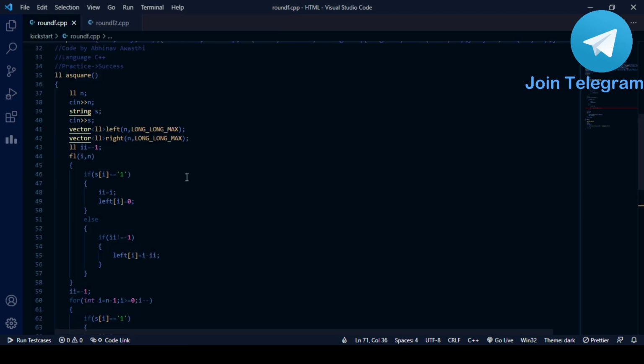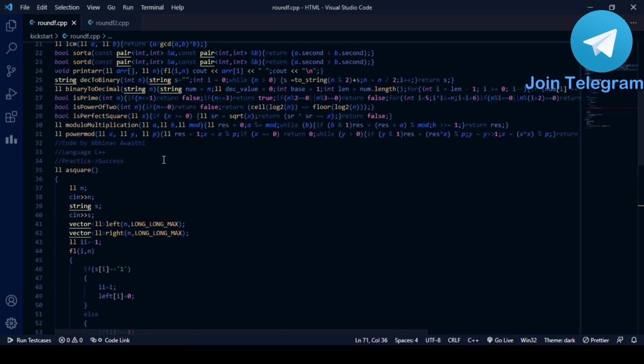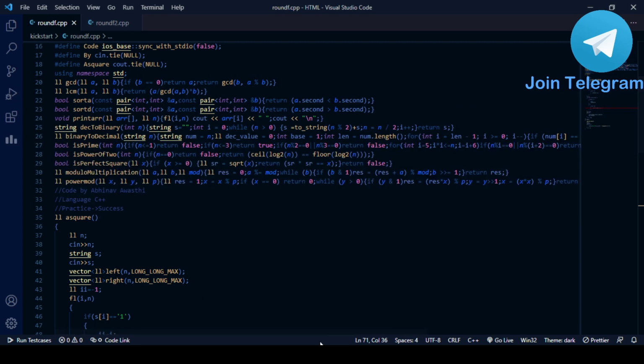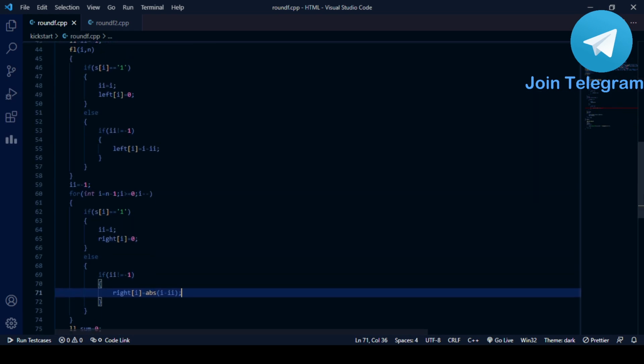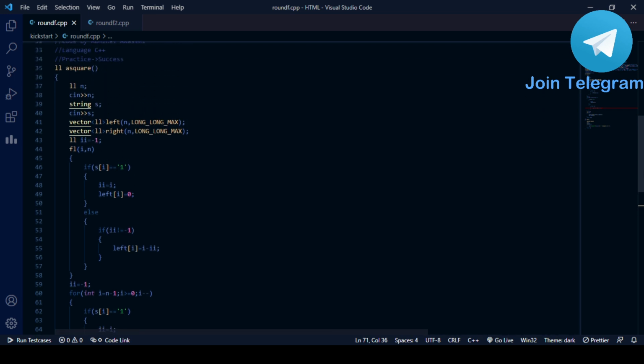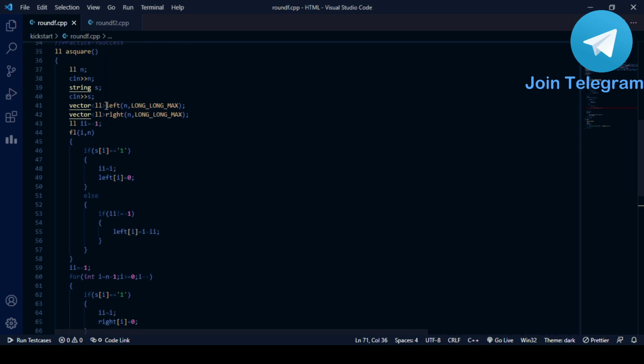Let me just zoom in on the code so that you can see it more clearly. Basically, what I have done is, first I made 2 arrays or 2 vectors, you can say left and right vectors, which I have used in my logic also, and I initialized them with long max.